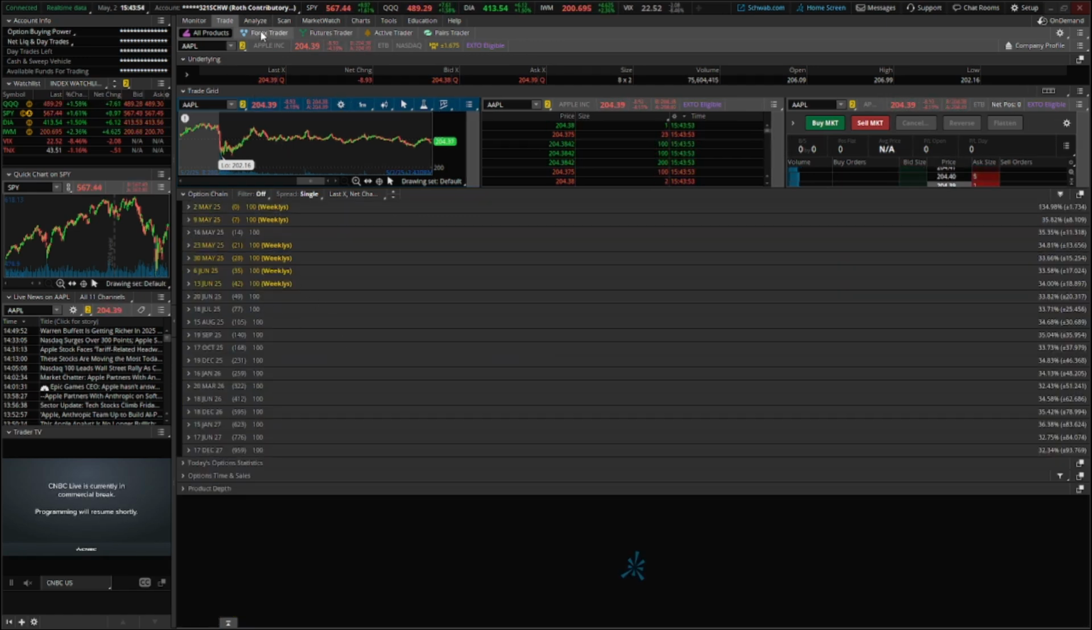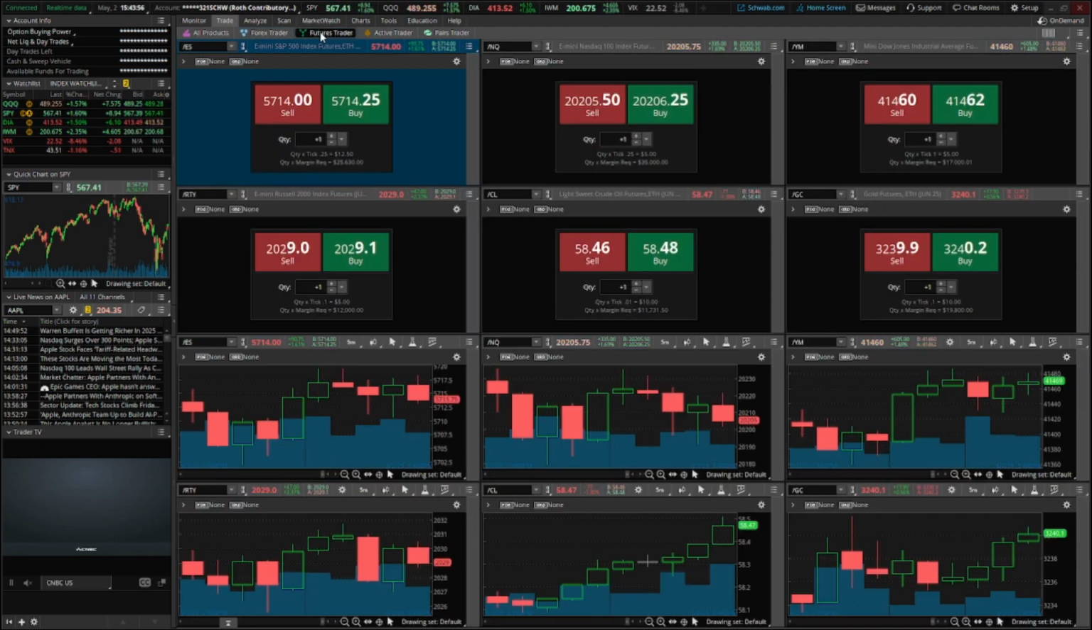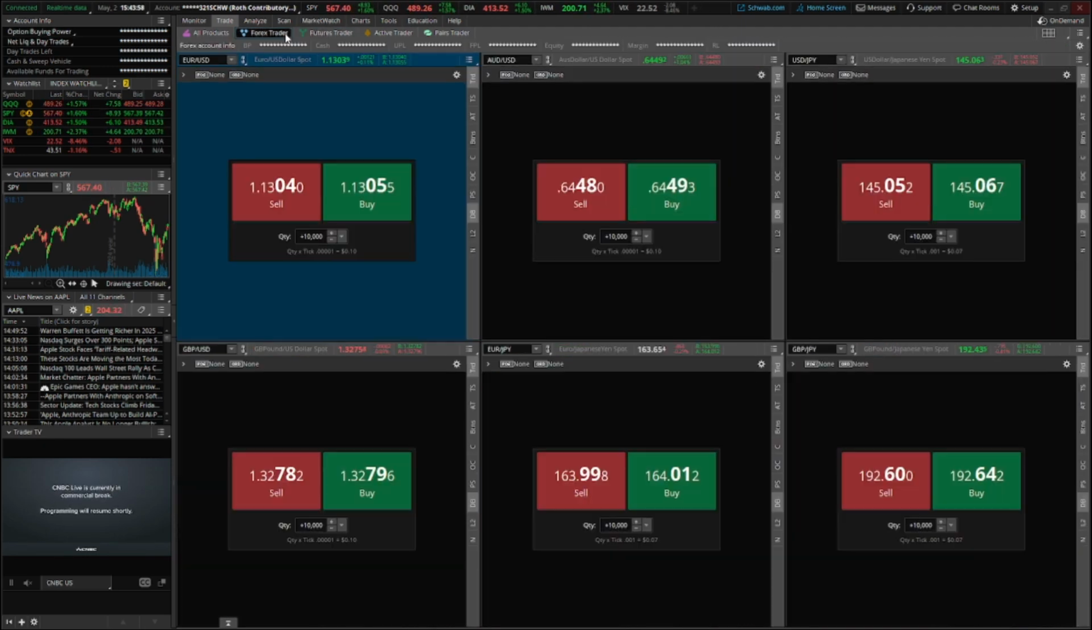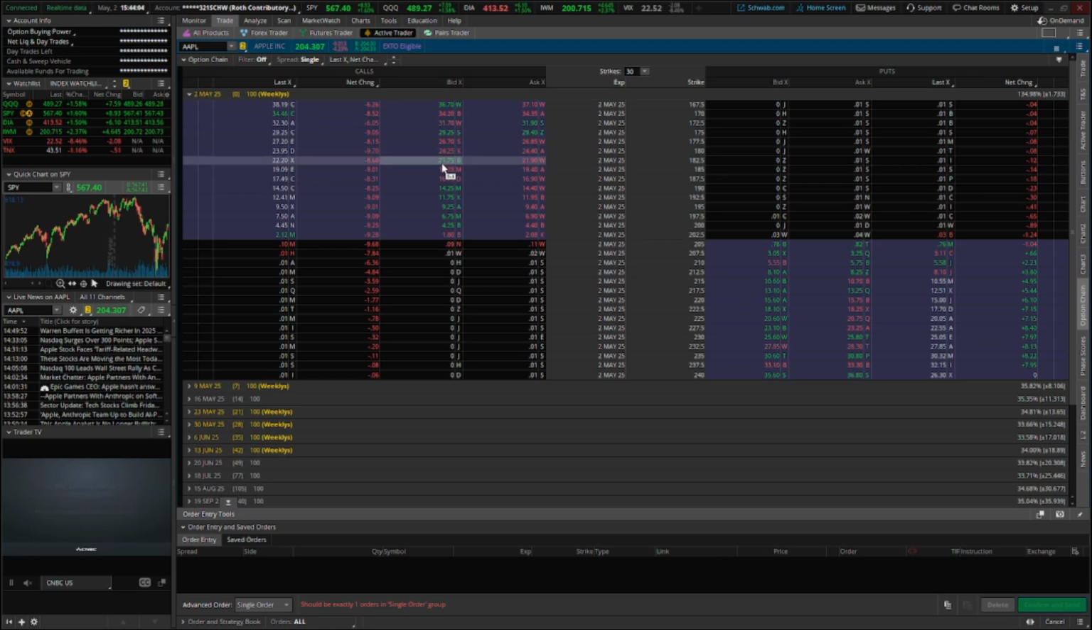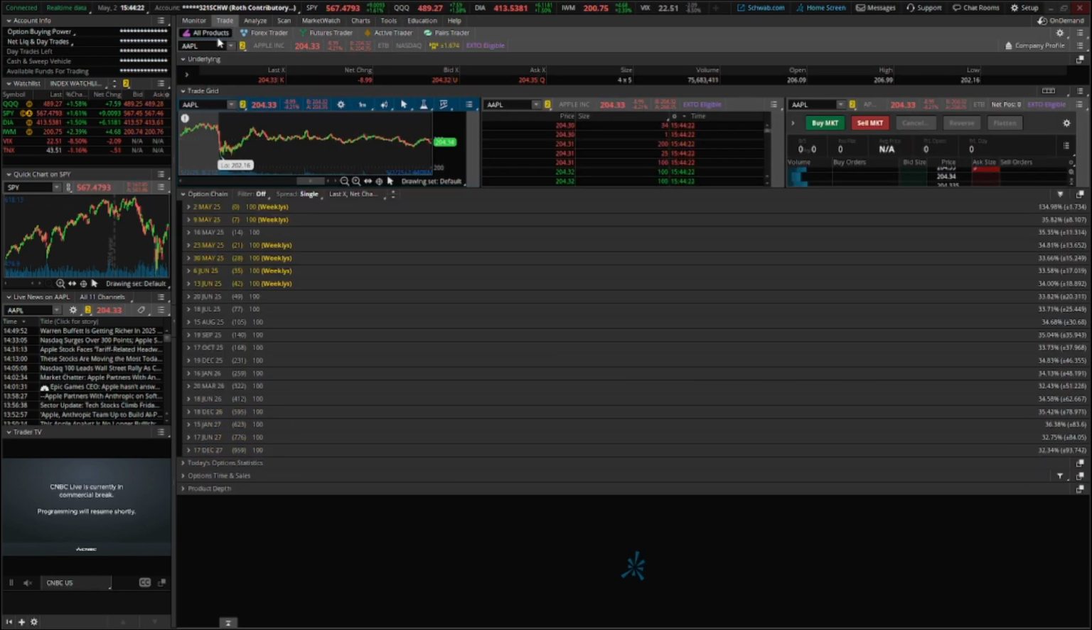Now, don't worry about Forex or futures. I mean, that's for more advanced traders, which we'll get into in the future. But for right now, don't worry about this at all. Now, active trader is nice as well. I mean, when I'm on here, I always use active trader or all products to place my trades. So, for example here, with active trader or all products, you're probably wondering, well, how do I actually place the